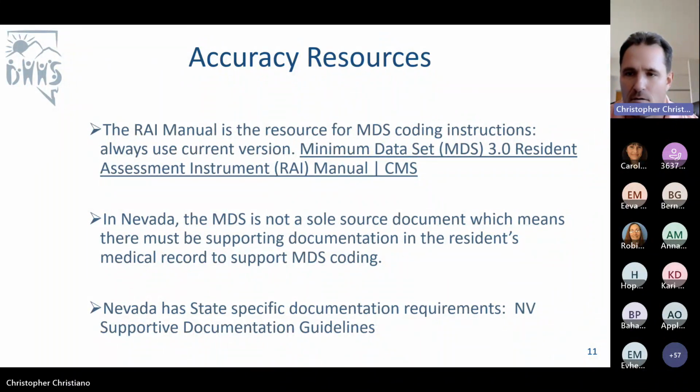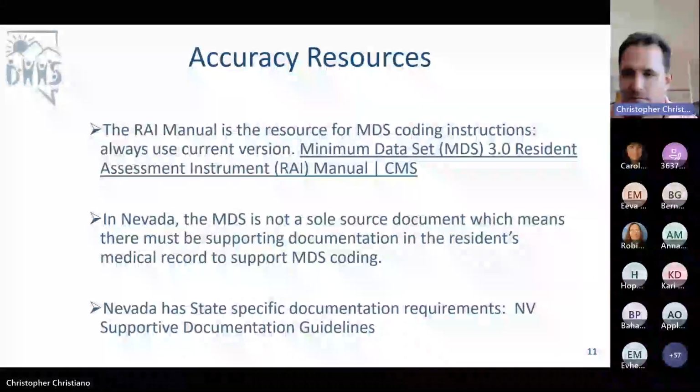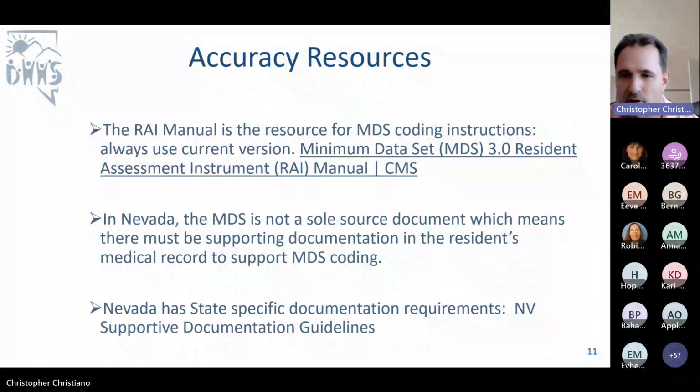And if you did not know, you can find the most recent version of the MDS manual on the CMS website, which I have there. If you just copy that link, it'll go there. And unfortunately, it's kind of a hodgepodge of information at the bottom of the page. It's kind of hard to find that, but the new version, according to my understanding, and if anybody has different information, please let me know, will be available October 1st, 2023.